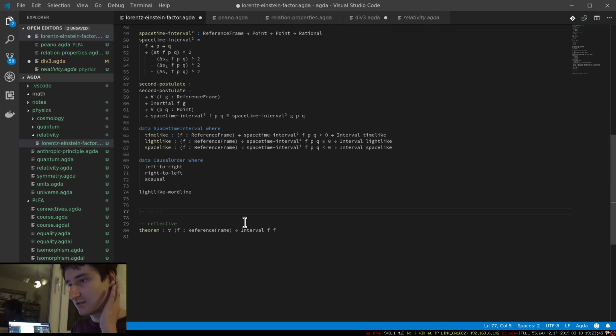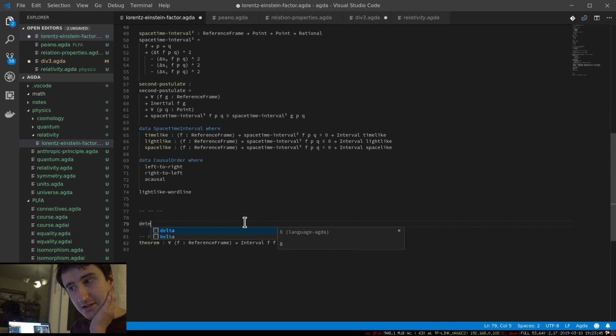And further, we have the definition of inertiality of frame in physics, which says that for two reference frames named F and G,